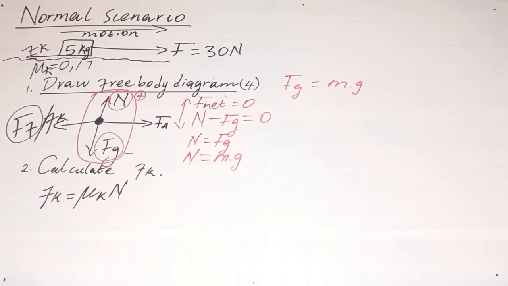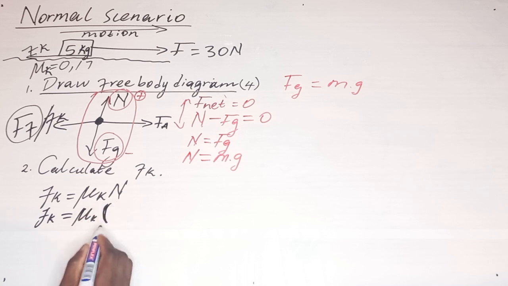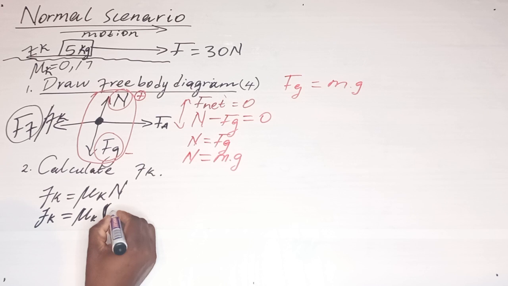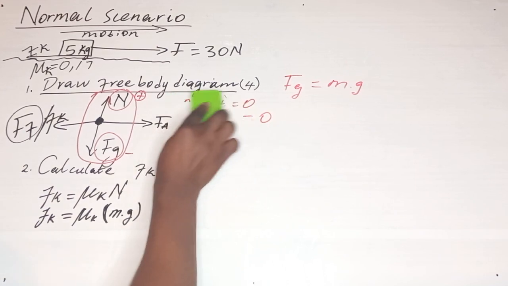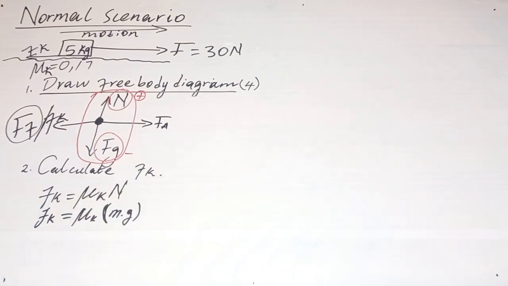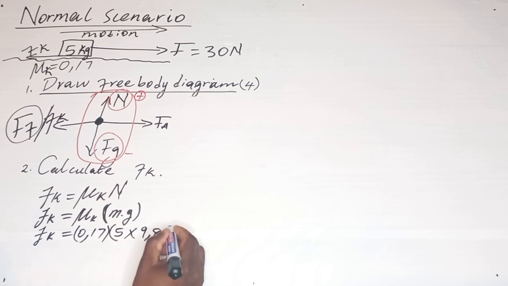So that is why when we come back to this formula of kinetic friction, we are going to say Fk is equal to mu k, and then open brackets, because there are two quantities which are multiplying the coefficient. So it's going to be mass multiplied by the gravitational acceleration, right? So now I hope that is understood. We can just simply erase this part and do our calculations. So as we are doing our calculations, this simply means our Fk is equal to 0.17 open brackets. So let's just put this in brackets as well. 5 multiplied by 9.8 close brackets. And then if we punch our calculator, I believe we are getting